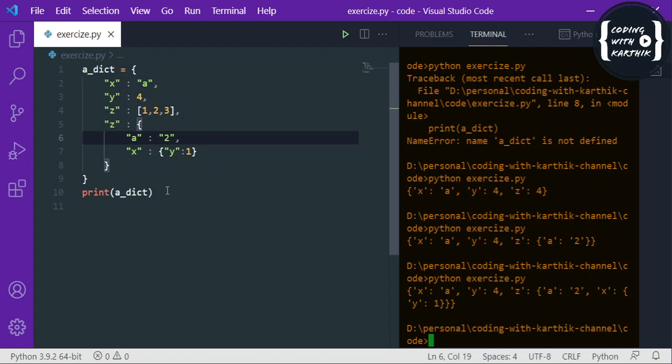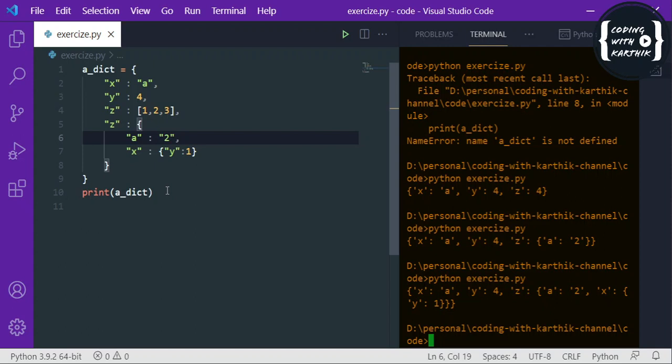And yeah, let me brief the session today. First of all, a Python dictionary is key-value paired, which is ordered and changeable and does not hold duplicate members. Next, if you want to access items from the dictionary, you can use the key, you have to specify that key, or you can use the get() method. And if you want to change or update the items, you can use the same key and assign the value to that key, or you can use the update() method to update multiple keys using another dictionary, or you can add using another dictionary with the same update() method.